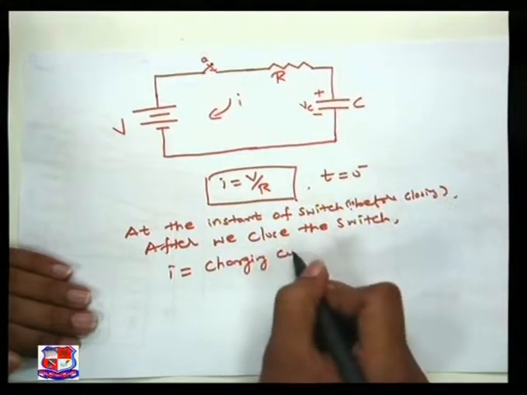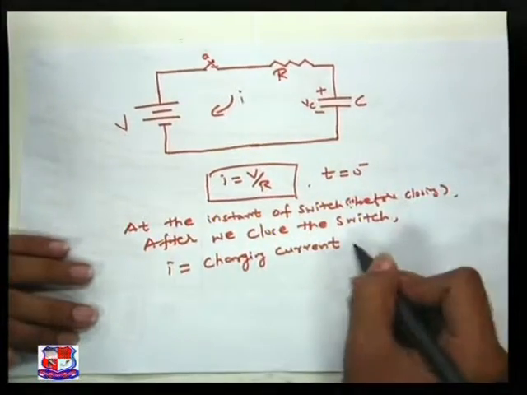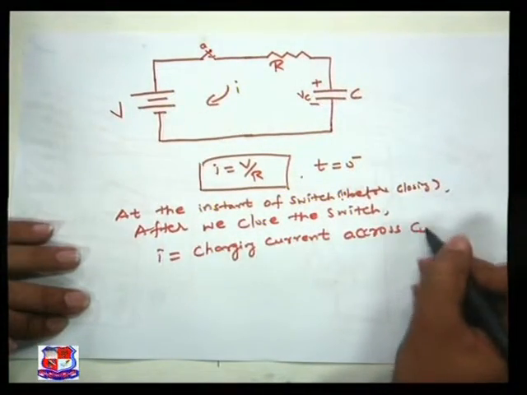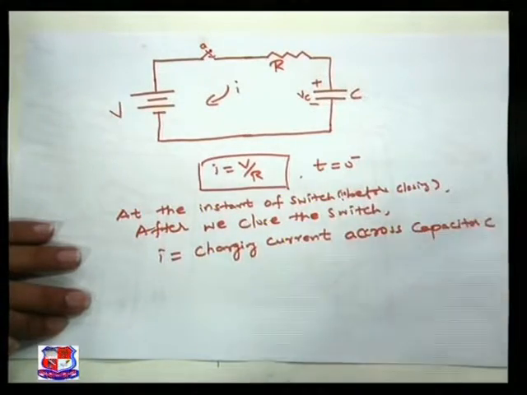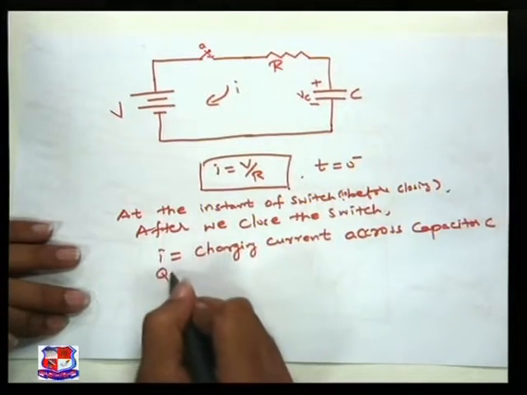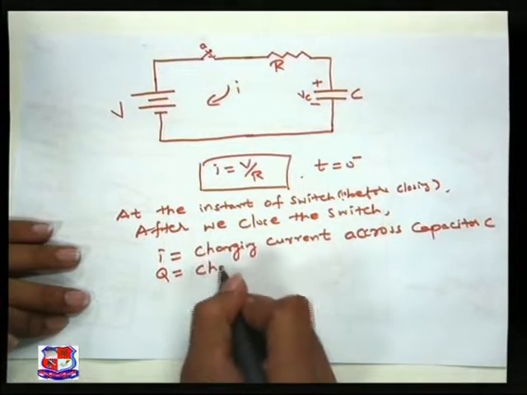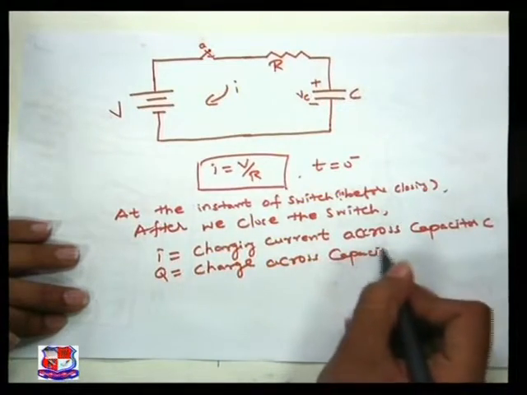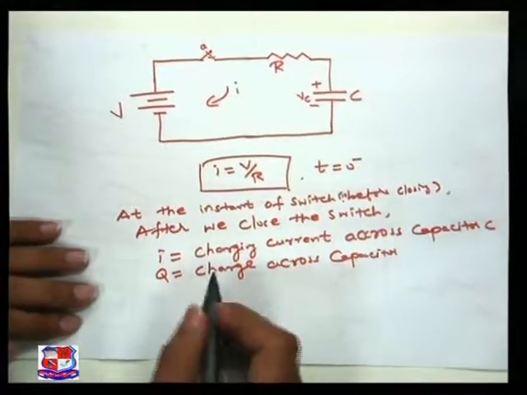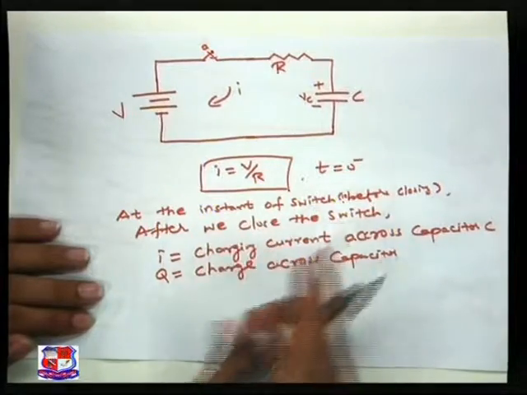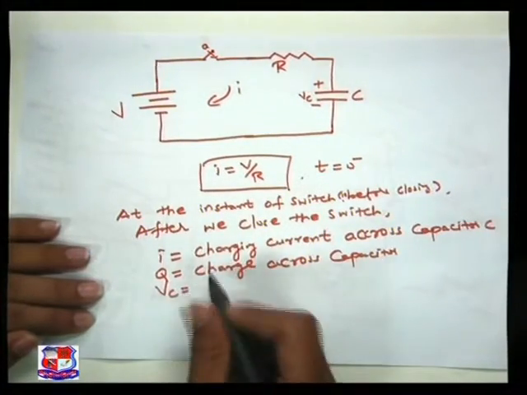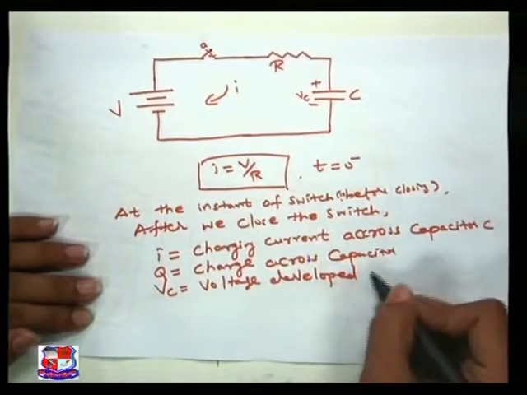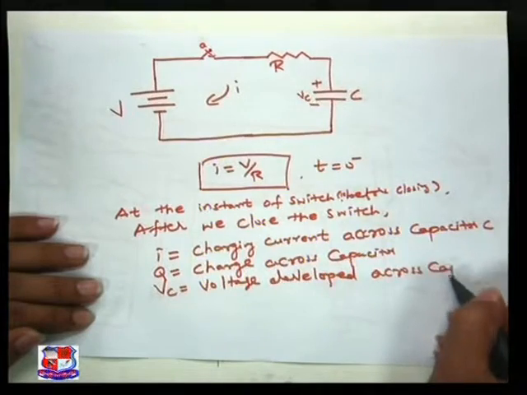charging current across the capacitor, Q is the charge across the capacitor, right, and right, those two things are okay. And VC, that is the voltage developed across the capacitor,